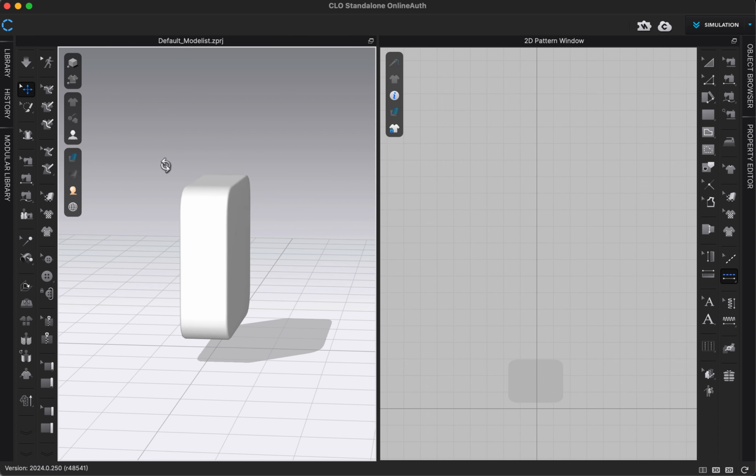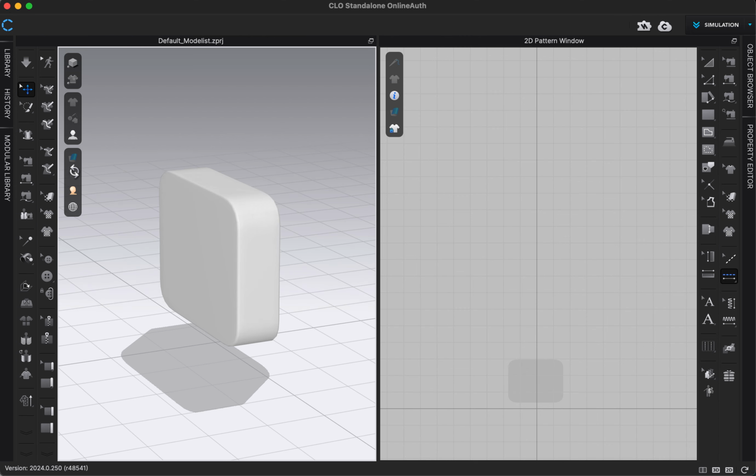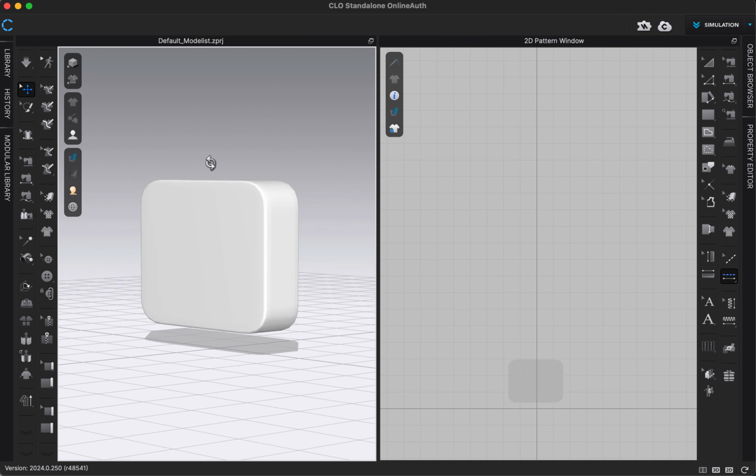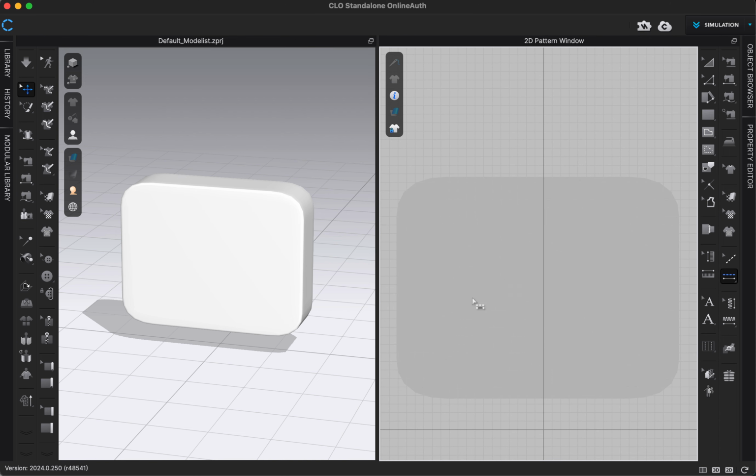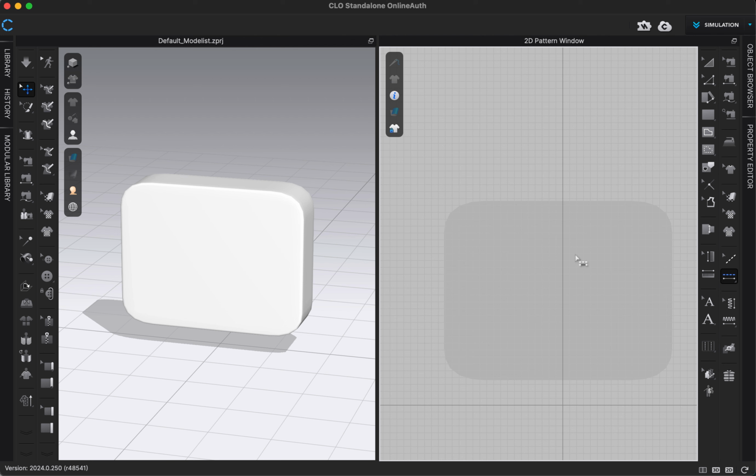And if I just rotate around, I'll be able to see what my shape looks like. Whenever we add an avatar to our 3D window, we also get a silhouette of it here in our 2D window. So now that I've added this 3D shape to our 3D window, we have the same flat silhouette of it here in our 2D window also. And so I'm just going to add in a